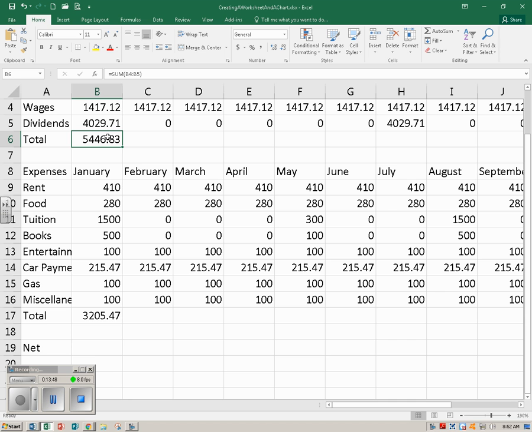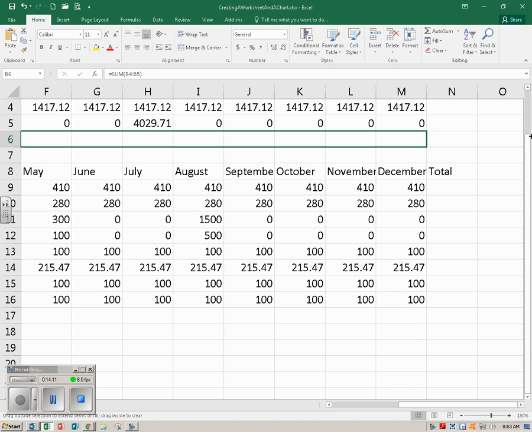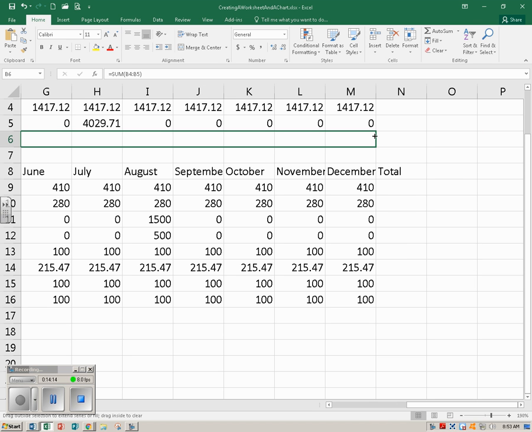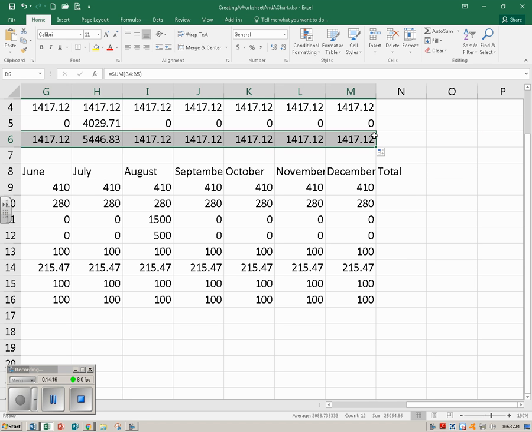So go ahead and click on cell B6 and put your mouse cursor in the bottom right corner and click on that little green square after your mouse turns into a black crosshair, and then drag that over to cell C6, D6, E6, all the way over to cell M6. And when you release, what's going to happen is